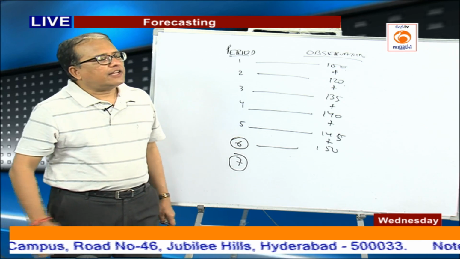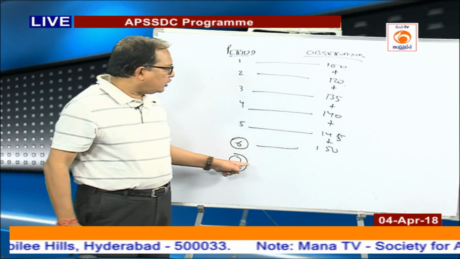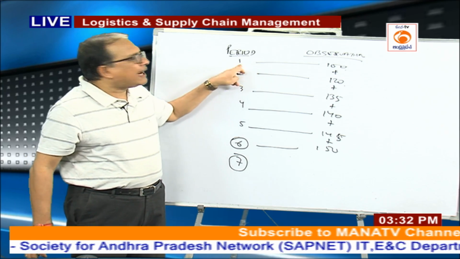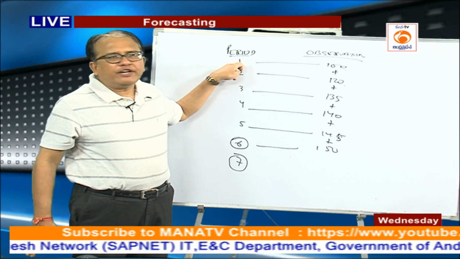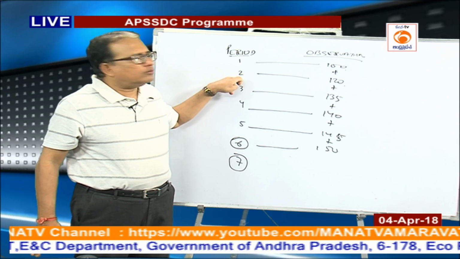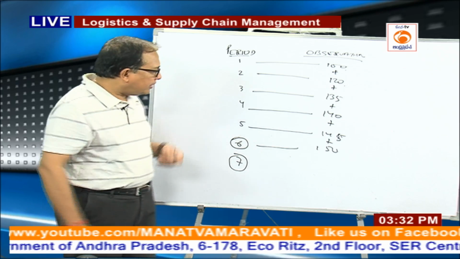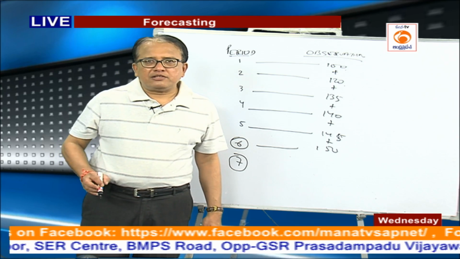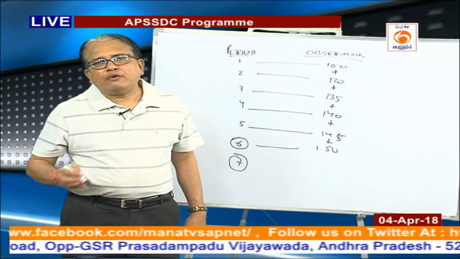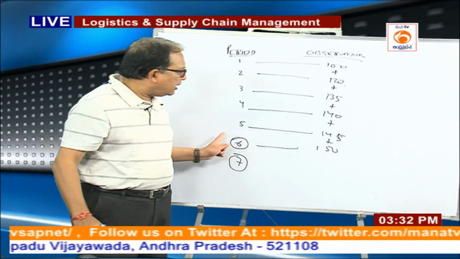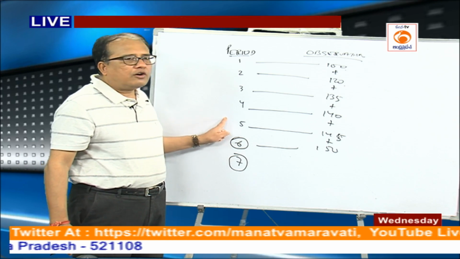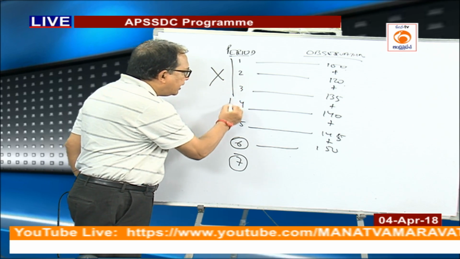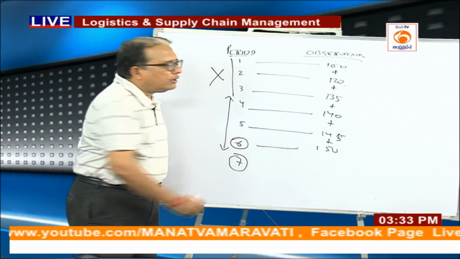Okay. Now, there are companies who feel that in order to predict my demand for the 7th period, why should I go back to period number 1? I do not need to. Why should I go back to period number 2? Not required. For me, what is important are the recent observations. That means, what my demand would be for the 7th period will depend upon my observation on the 6th, 5th and the 4th period. I will not consider this period. I will only consider the recent 3 periods.